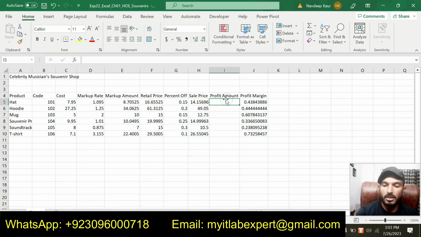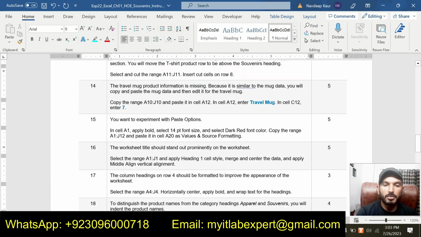So simply type an equal sign, sales price minus original cost is the profit amount, that is 6.20 for the first product. So now we are supposed to copy this formula down to the column I to get the other values. So that is all about step number 10.